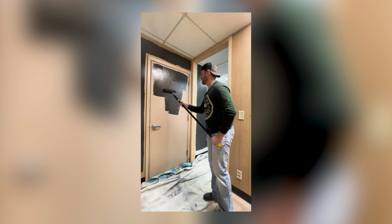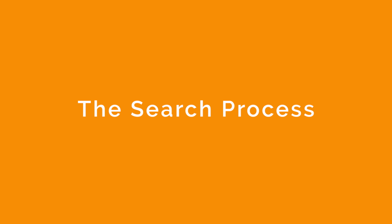It was a ton of extra time early on when I did that. So those are the big cons in terms of getting into the space for sure. So shifting gears into the search process, what did that look like when I first decided to go looking for